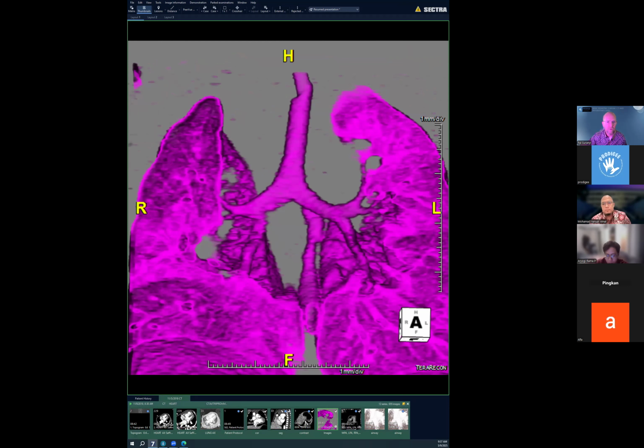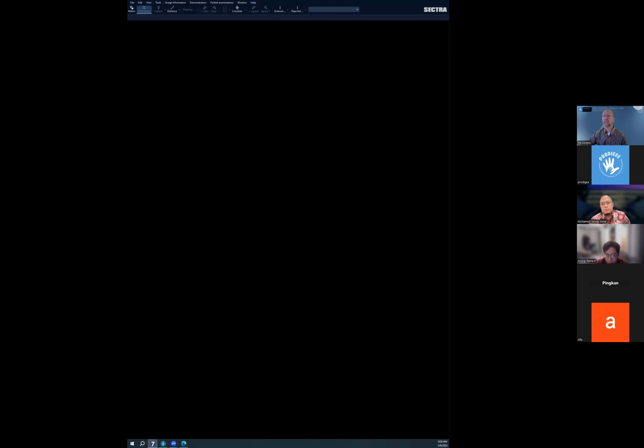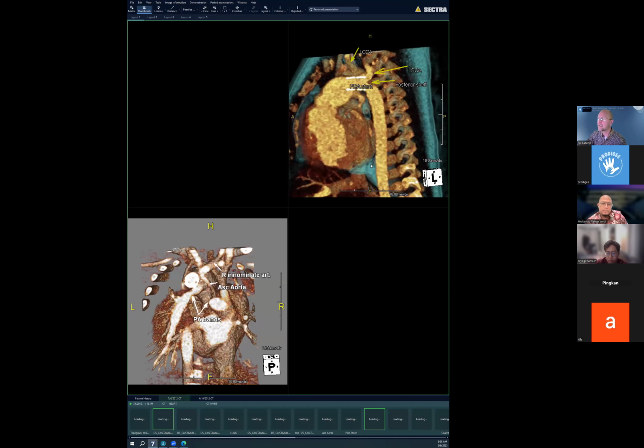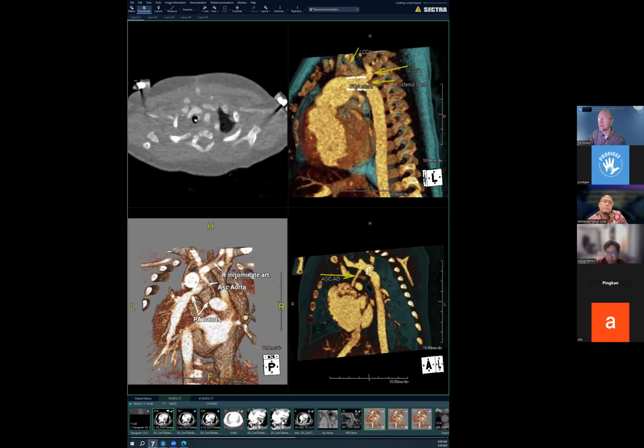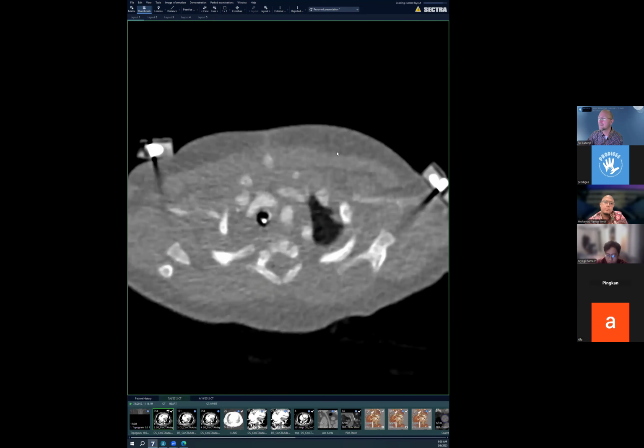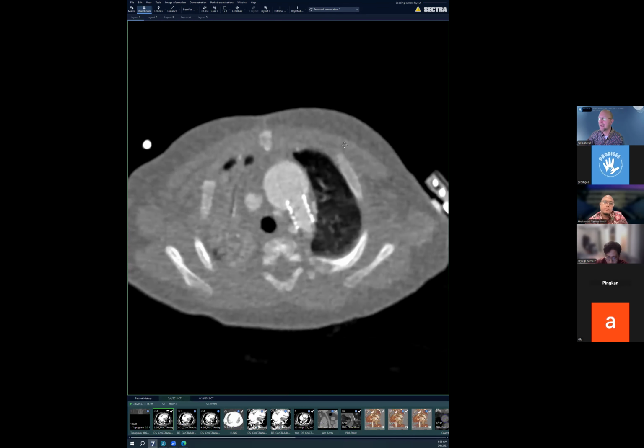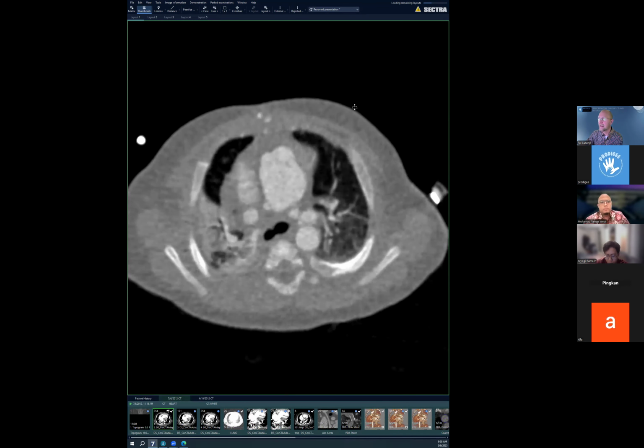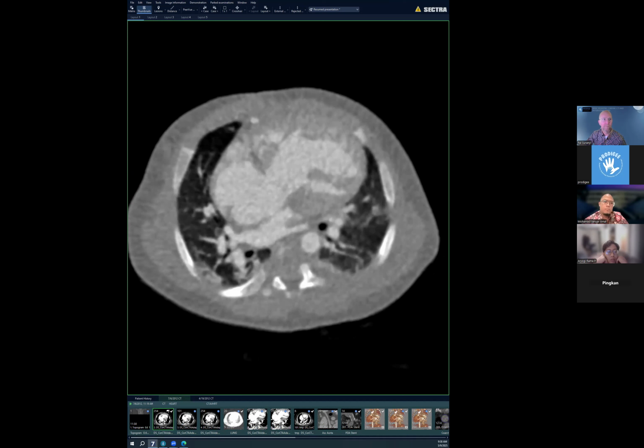Our time is almost over. I'm going to show you one more interesting case. Not sure if they do this sort of procedure in your countries, but this is a relatively simpler procedure, and this might be done in some of your countries. But this is a so-called hybrid procedure where this patient, who was obviously at that point a newborn,